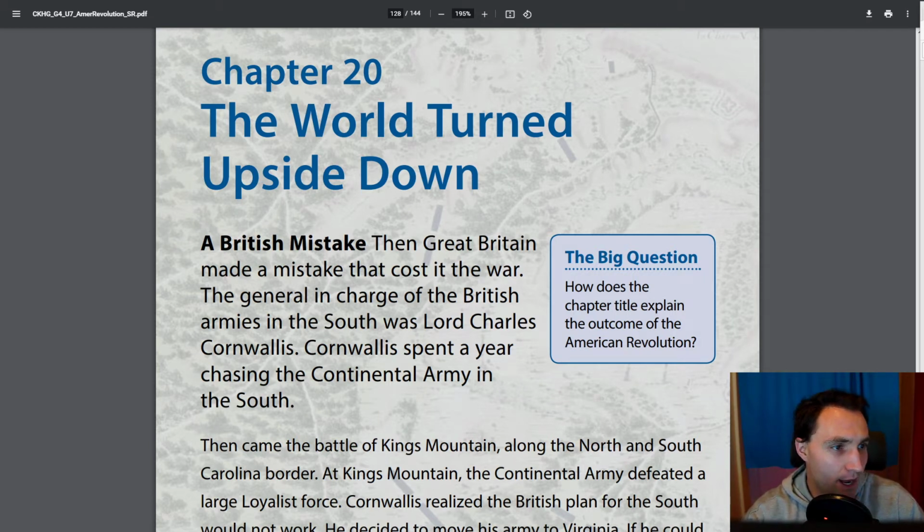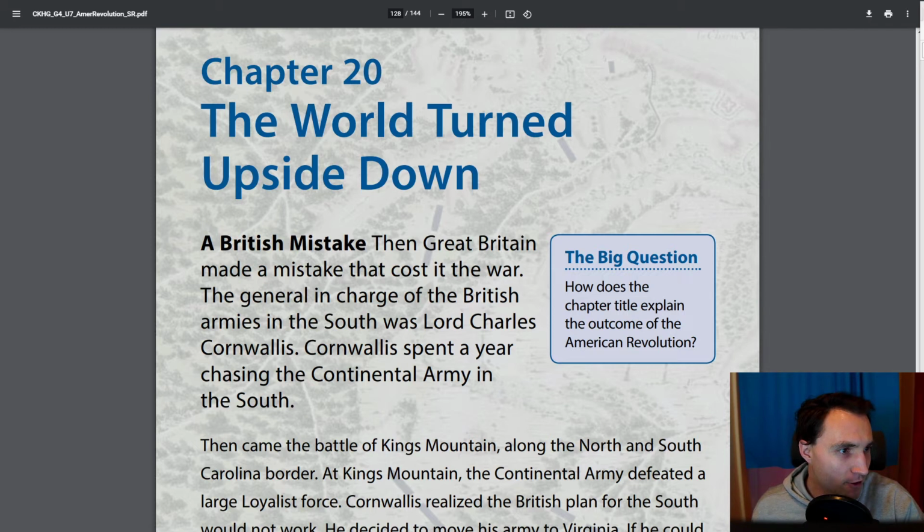So last time we talked about how the Great British Army decided to move and focus their fighting on the South. We talked about how they wanted to do that and be able to conquer. They knew they had loyalists, those enslaved African Americans that would fight with them and be able to, at some point, come up from the South and fight from the North with their armies and sandwich the Continental Army. We also learned about Benedict Arnold, who was at one point a great member of the Continental Army, but then he committed treason and left the Continental Army and joined the Great British Army.